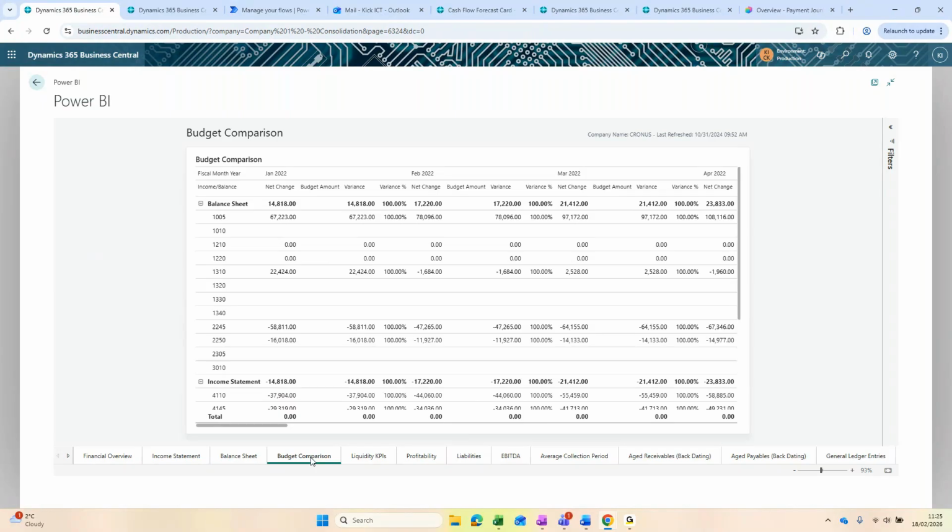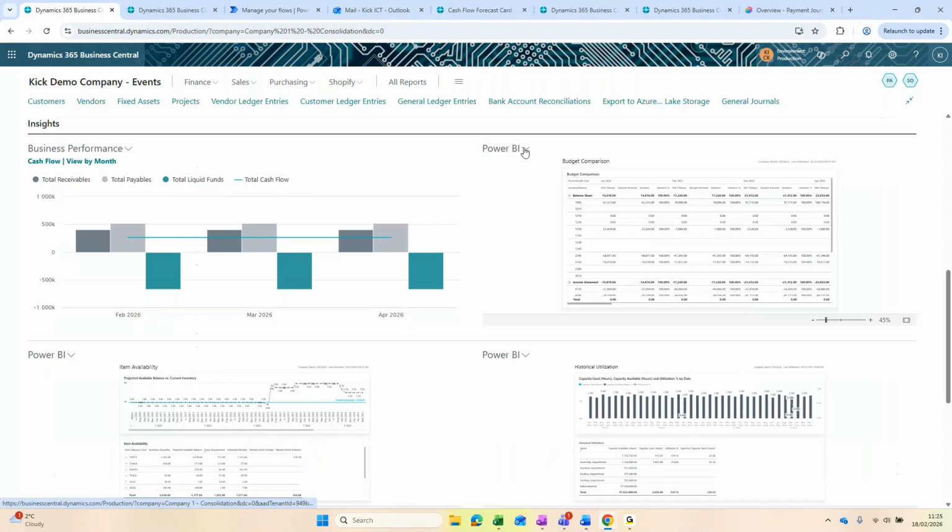We can produce the types of reports which should be used by very in-depth analysis in the organization. These can also be done through Power BI. Another beauty of Power BI as well is that, what we have here is these ones are the pre-built dashboards which we have in the system, but